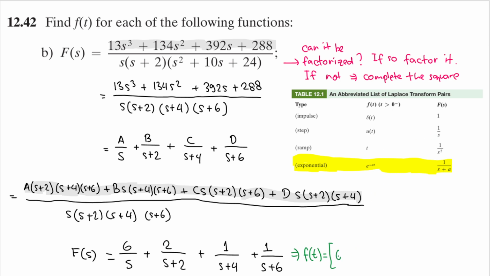But let it be 6, and then plus this one will be 2 e to the minus 2t, and then this part here, same game, so we'll have e to the minus 4t, and then plus this one here, e to the minus 6t. Remember that we need to multiply all of this by ut, or you can distribute the ut to each of the term. But I think this is enough